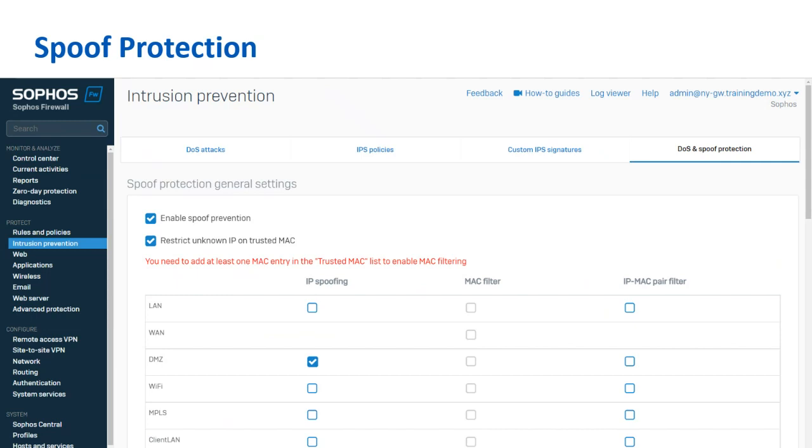Packets will be dropped if the source MAC address is not configured as a trusted MAC, and the IP MAC pair filter will drop packets if the IP and the MAC do not match any entry in the IP MAC trusted list. Okay, the MAC filtering cannot be enabled until at least one entry is added to the trusted MAC list. In addition to these three modes,